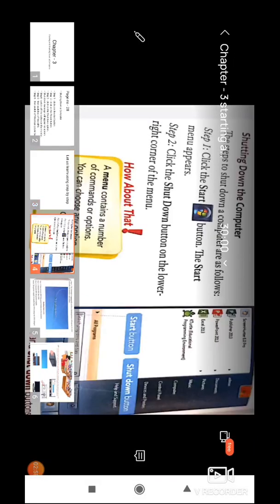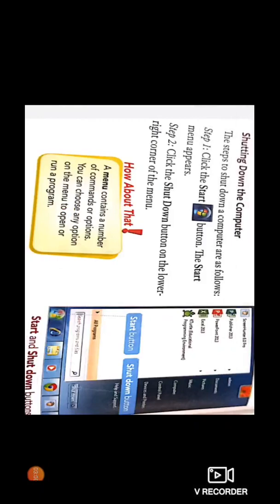Let us learn step by step using a screenshot. Look over here. The first step is you have to click on the start button. See the icon of the start button. I showed you the start button in the last class also. It was given in your book page number 28. Then the start menu appears. Step 2 is click the shutdown button on the lower right corner of the menu.